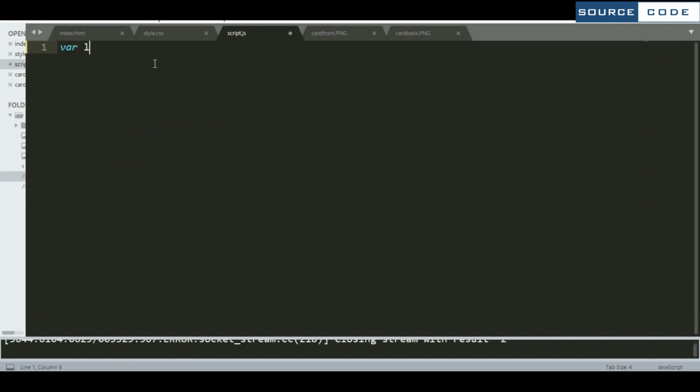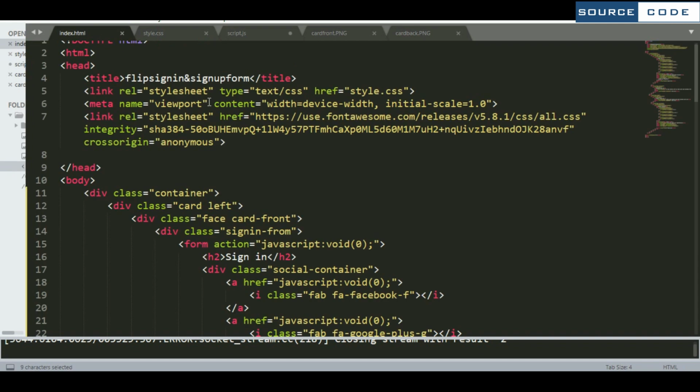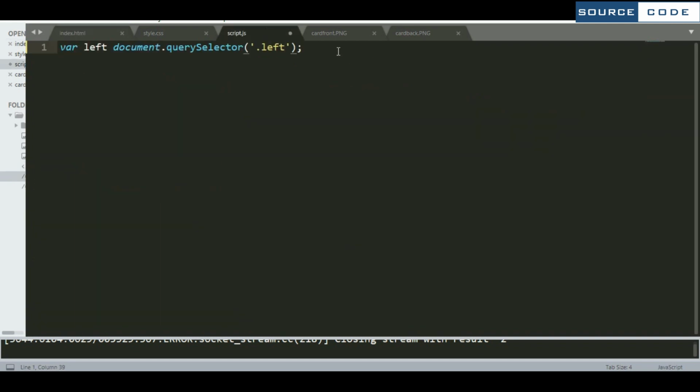So take one variable left, so if you see that here I have defined one left here. So this left is basically this one left class that we have taken. So just copy this one.